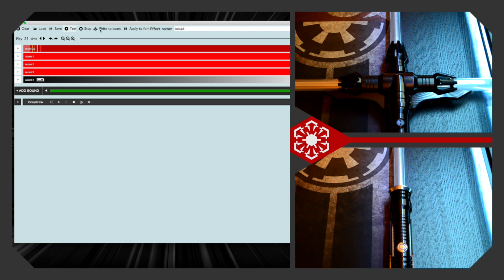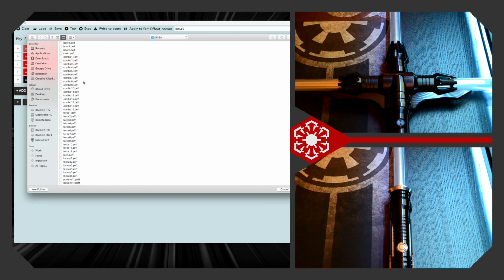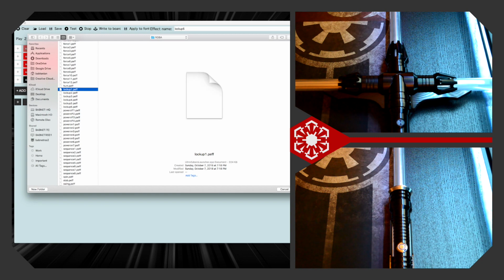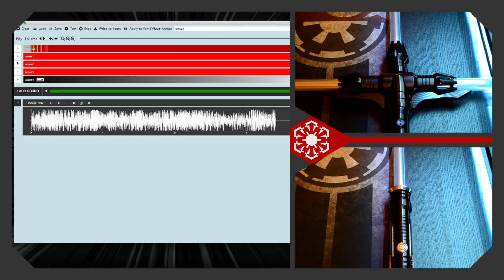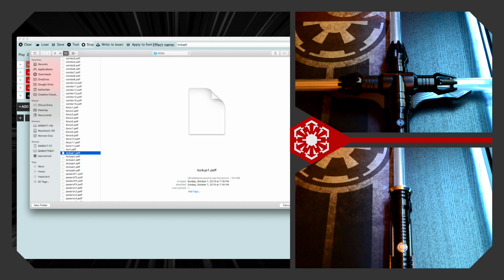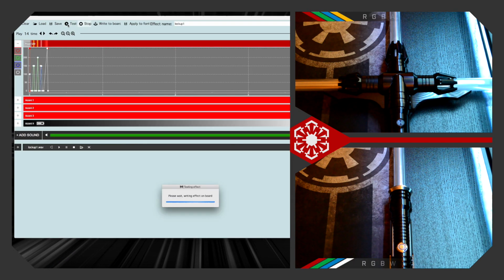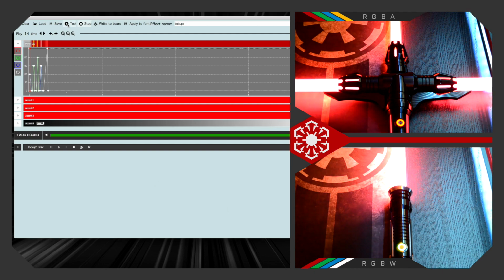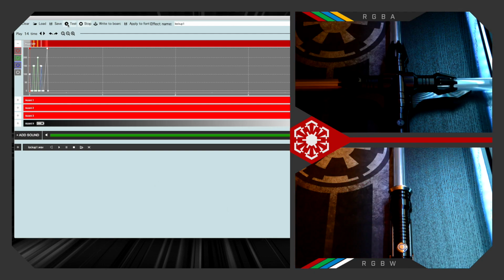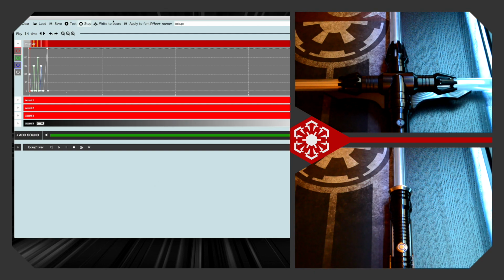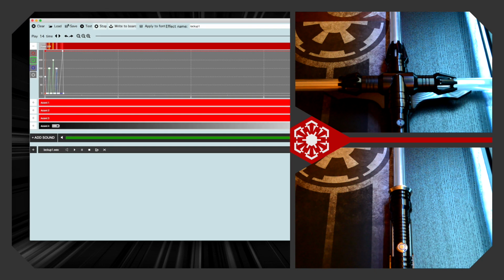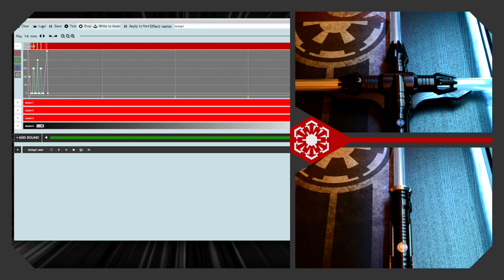Alright, moving on to the Lockup effects. There are some alternate effects files here that you can use. Lockup 6 was the default, so we'll go ahead and go through the other 5. Let's take a look at Lockup number 1. So that is a straight up short sequence of the lockup between Kylo Ren and Finn at the end of